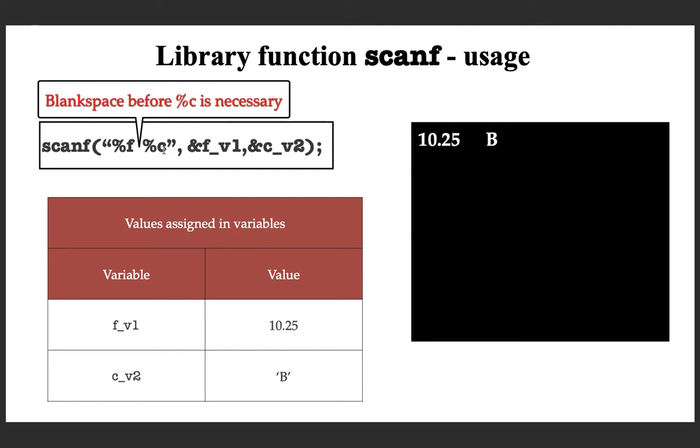Otherwise what will happen is, see, after 10.25 the user has given some blank spaces, and each blank space is a character. So if you are not using this blank space here, then the first blank space the user entered using the space key of the keyboard will be taken into the character variable. So the space will be taken.